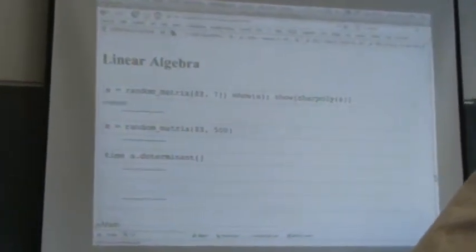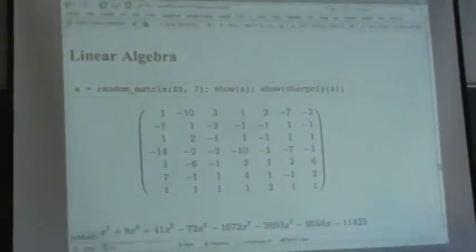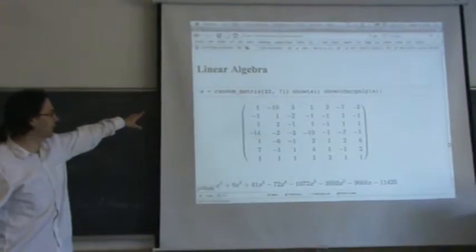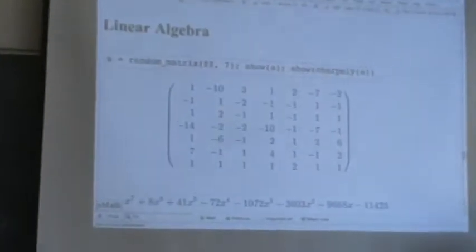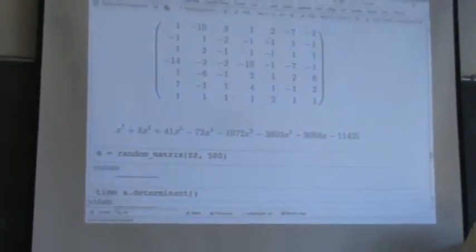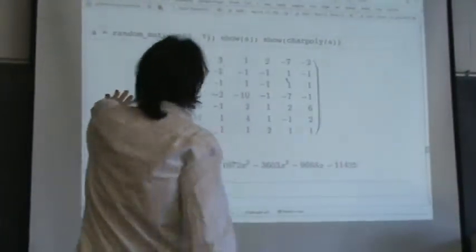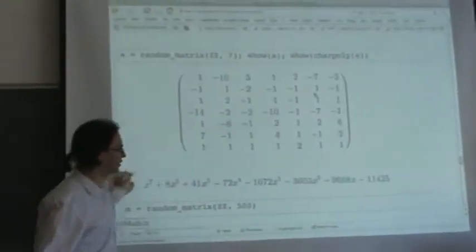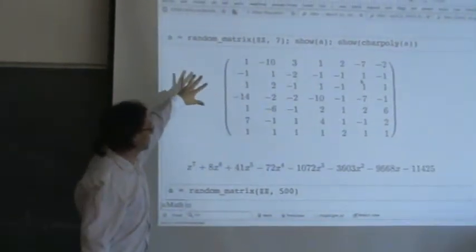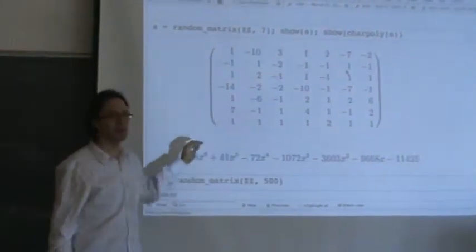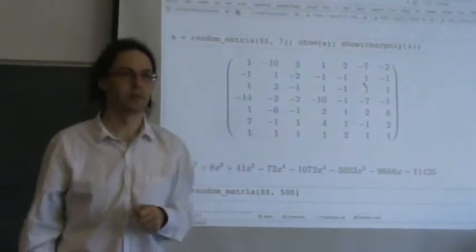Okay, on to some other examples. Here's an example from linear algebra. I already showed you some like this last time, but I make up a random matrix and compute its characteristic polynomial. It's pretty straightforward. One thing to note about this is that by typing show of an object, I get a nice typeset version. If I didn't type show anywhere up there, I'd see essentially the same output, but it would look much uglier. It would just look like one-dimensional ASCII output.